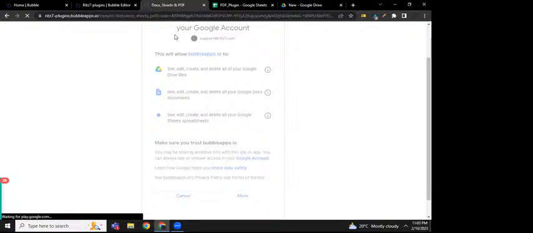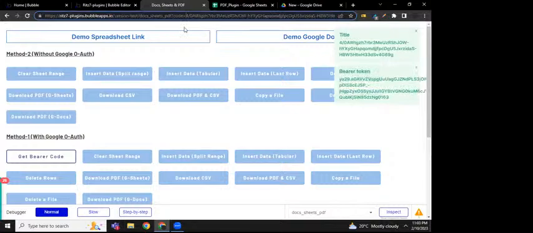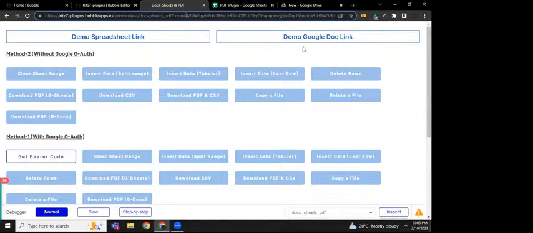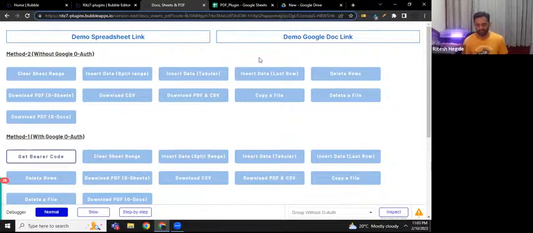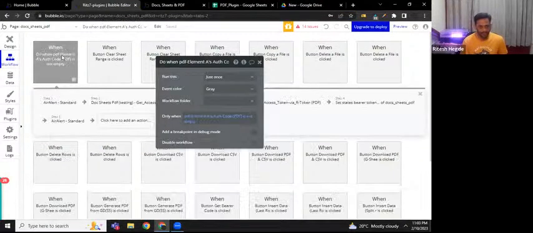And this is for you to authorize your own Google account with the plugin, right? So this isn't for your users, this is for you. Your users will not have to authenticate with Google to use it, just you will. So this is the code that we need, and we have gone ahead and made that available for you